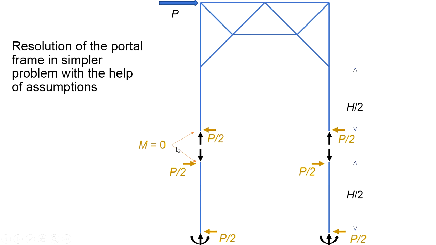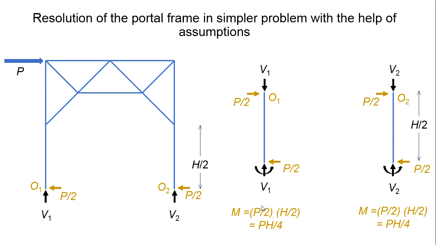Similarly, as we have earlier mentioned that this is a point of contraflexure, the bending moment at these points will be 0, and the only unknown force at this place is the vertical internal force. That vertical internal force will be equal to the vertical reaction, which will be here. The next step will be to start solving this. Here we can see that we have divided this structure into two substructures. In the left one we have the upper part, and for the upper part we can see that only V1 and V2 are unknown, while internal forces are also unknown.